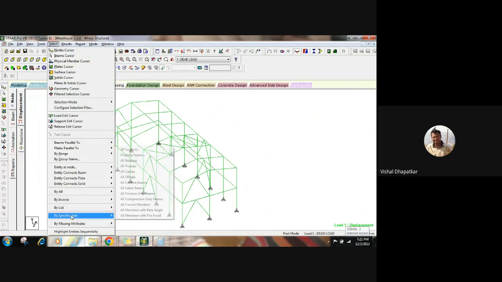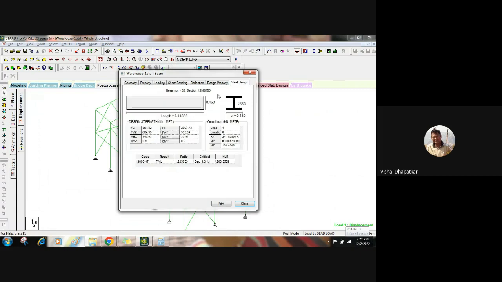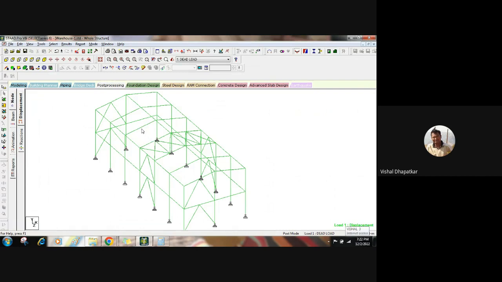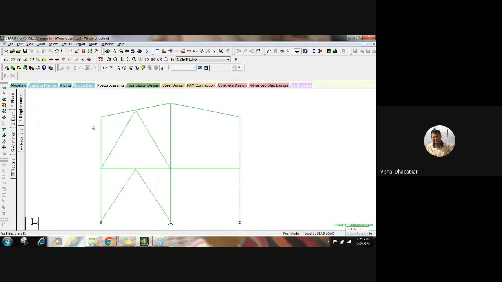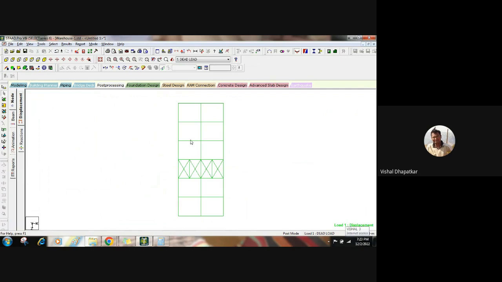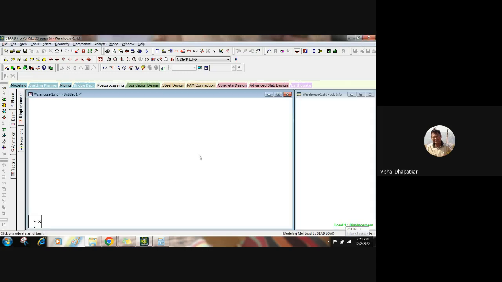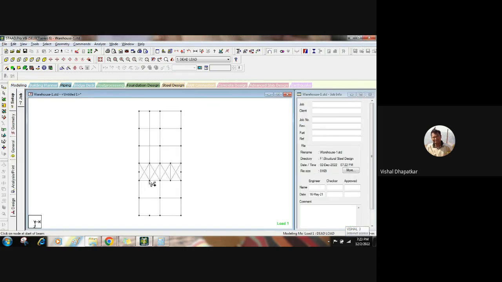We'll just select those beams. Okay. So first is this beam. It is failing again in slenderness. So instead of changing the size of the member, we can just add one tie beam here, so that it will reduce the effective length in the minor direction, right? So if I just add this kind of beam here,